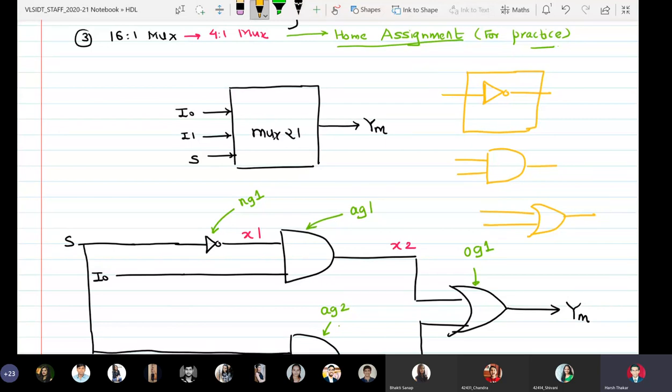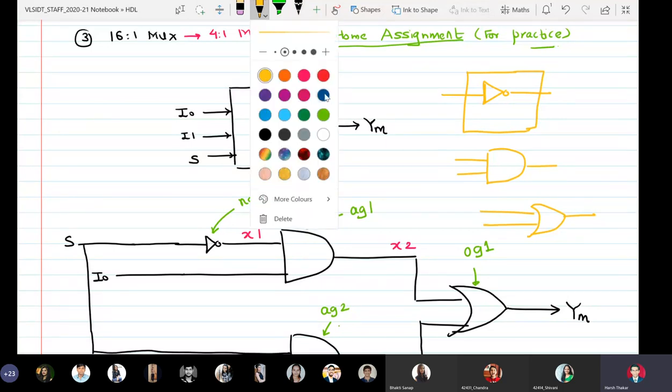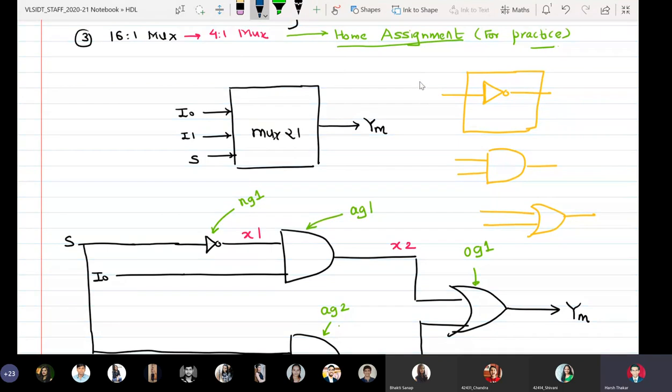Okay. So this is my component of NOT gate. So NG is my NOT gate, and AG is my AND gate, and OG is my OR gate, right? So NG, AG, and OG are the component names for NOT gate, AND gate, and OR gate.